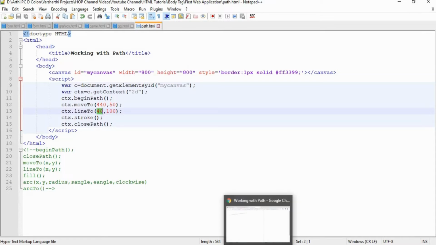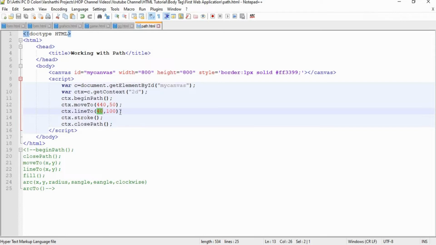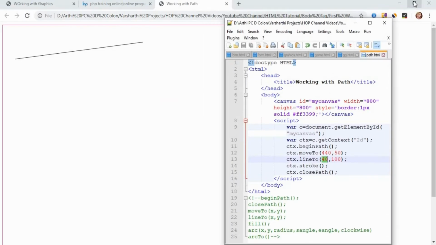Here the line has been drawn from 40 to 440 on the x-axis, right? Hence this particular x-axis is 440 and the corresponding y-axis for that is 50, right? And here this portion for y-axis is 100, right? Just keep your coding along with your output so that you can understand this.